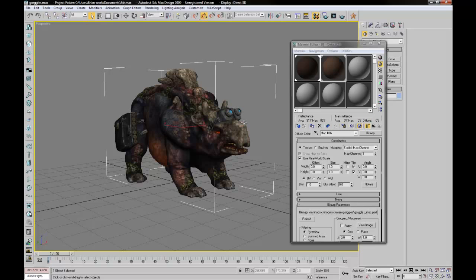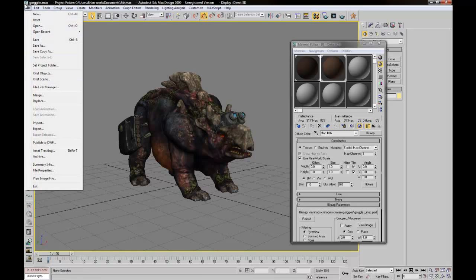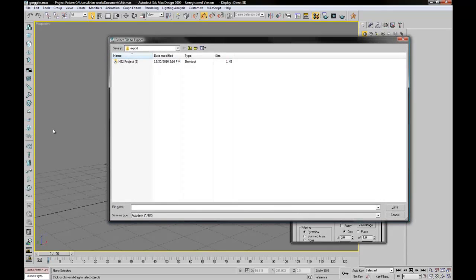Alright, so what's the next step? Next thing we need to do is, well, we're actually just ready to export now. Now, if you are just using a static prop, this is basically all you need to do. If it's like a barrel or a refrigerator or any sort of static prop, all you need to do is apply your material onto your model and export that. There are, obviously, for things like characters, a lot more that goes into it, but we're just pretending that this is just a prop for today, and we're going to go ahead and go to File, Export,